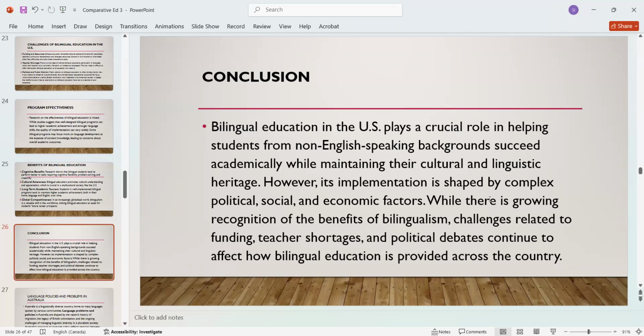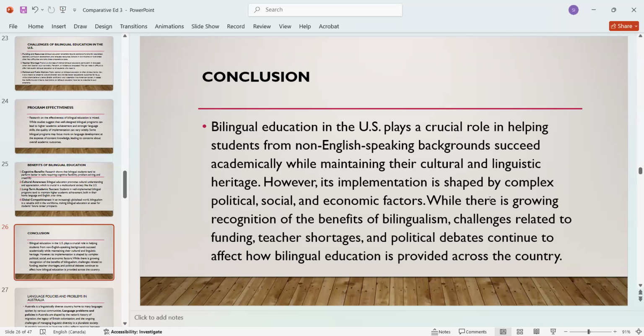So how can we teach those students? If they are not good in English, if they can't understand English, how can we teach in English? That's why they created this bilingual education. However,